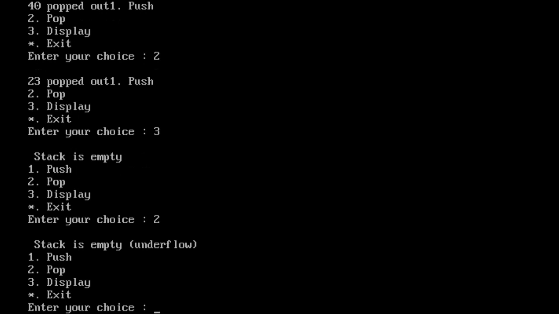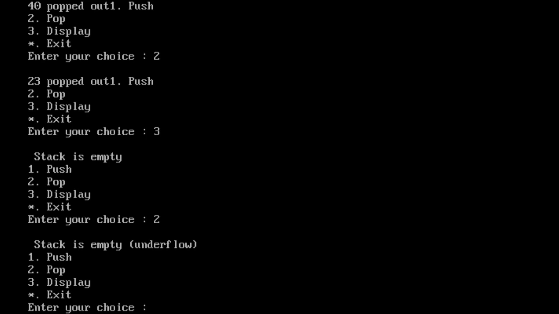Whenever I use the linked list implementation of stack, there is no overflow condition, because memory is the limit. My laptop has 16 GB, so almost 16 million nodes I can create. 16 million in the sense 16 into 10 lakhs.